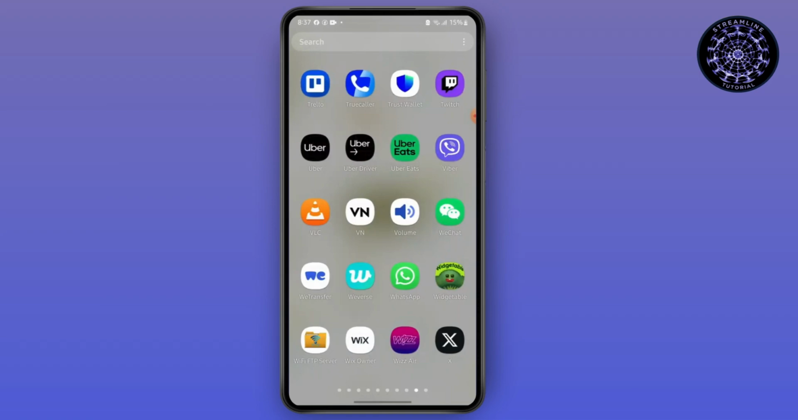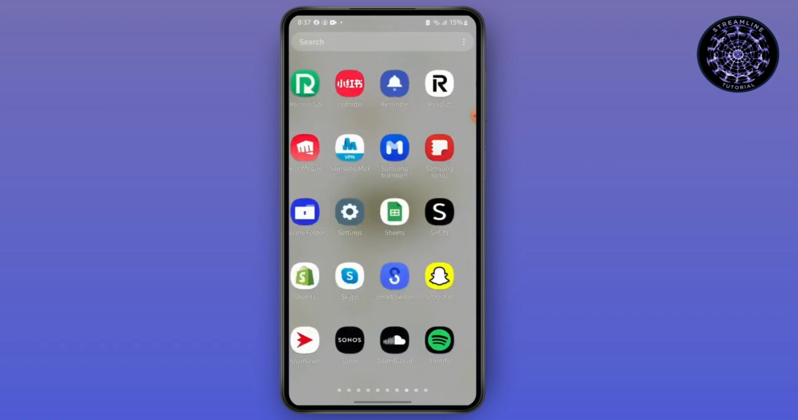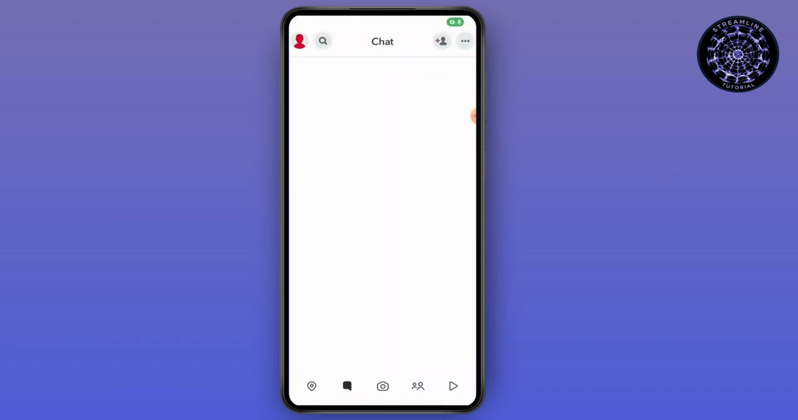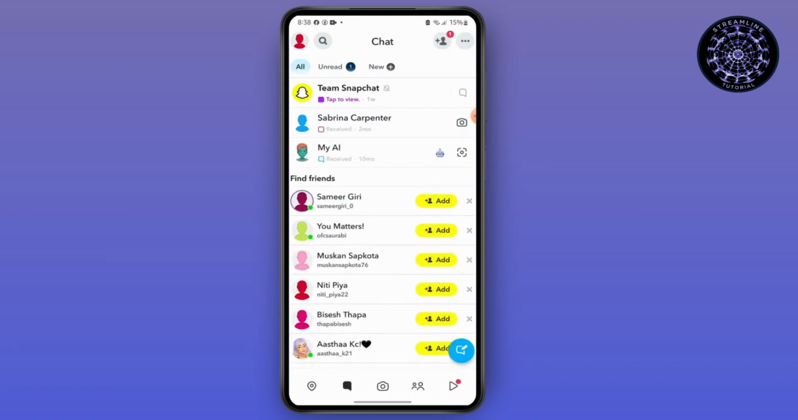First, launch your Snapchat application and then simply log into your account. Here you can see this account did not ask for verification code because I had already saved the login credential